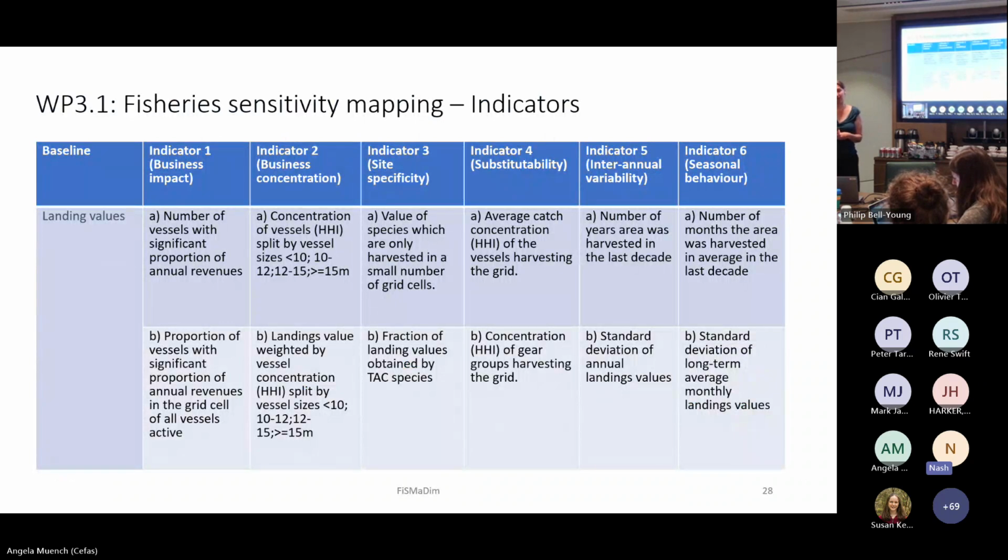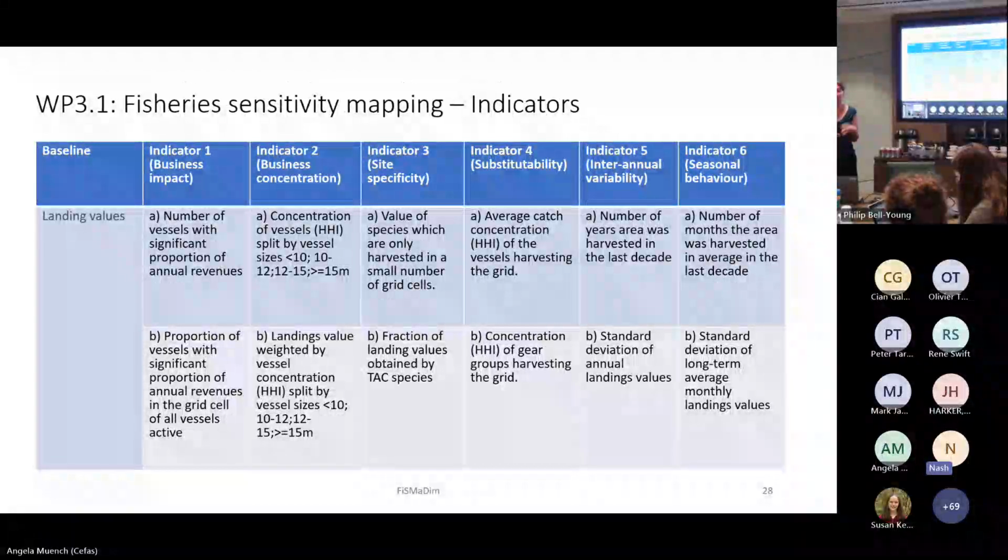And this is now the final table. It was a process, I would call it a painful process, with the project advisory group to develop that, capturing aspects of sensitivity. The basic criticism is that landing values are a nice idea to capture economic importance, but there are many more aspects which are not captured. And we might try to find indicators which can capture the other economic characteristics.